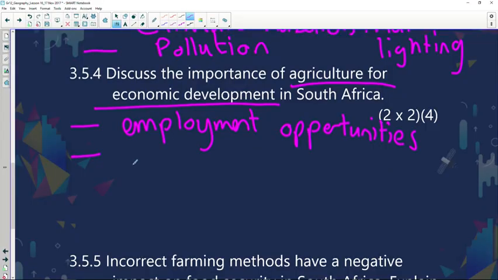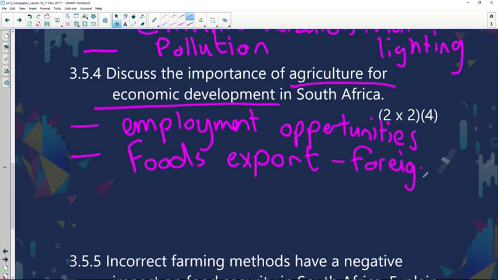The second reason, we can export the foods. Food export, and it means foreign capital. And with foreign capital, it promotes development